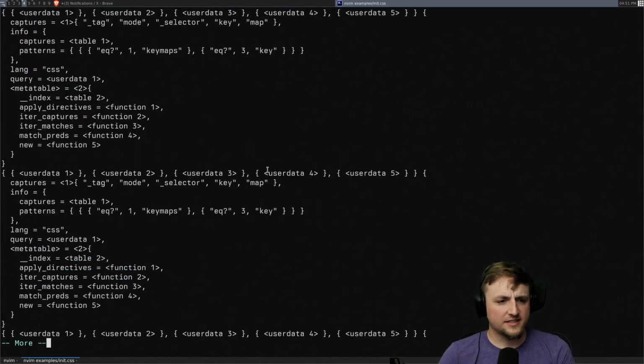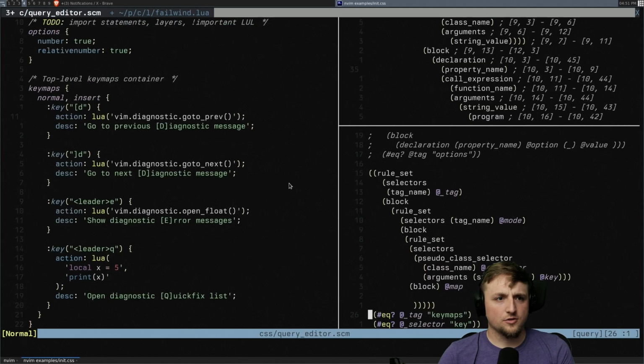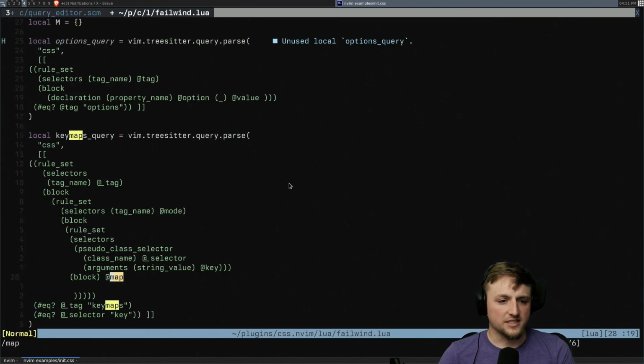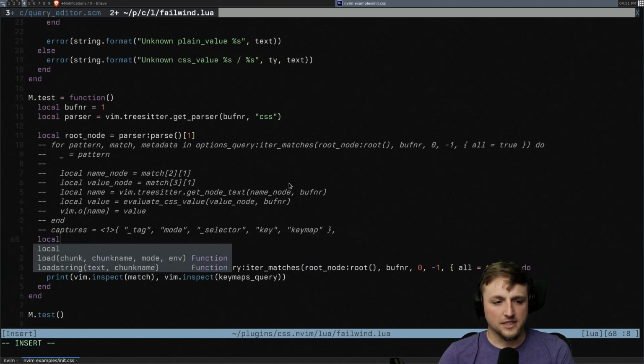Wait, what was that again? Captures. This is the one that we want. Okay, so we should be able to go... Let's actually call this, instead of map, let's call it key map. So we should have key map. We can go local key map is vim table